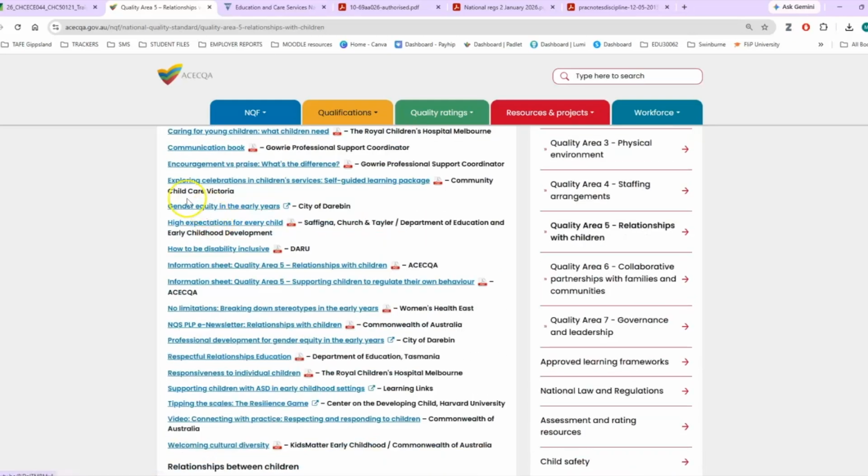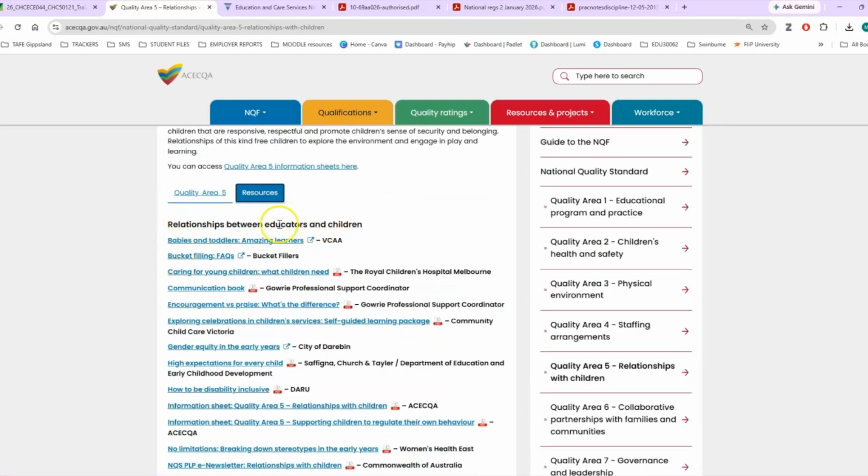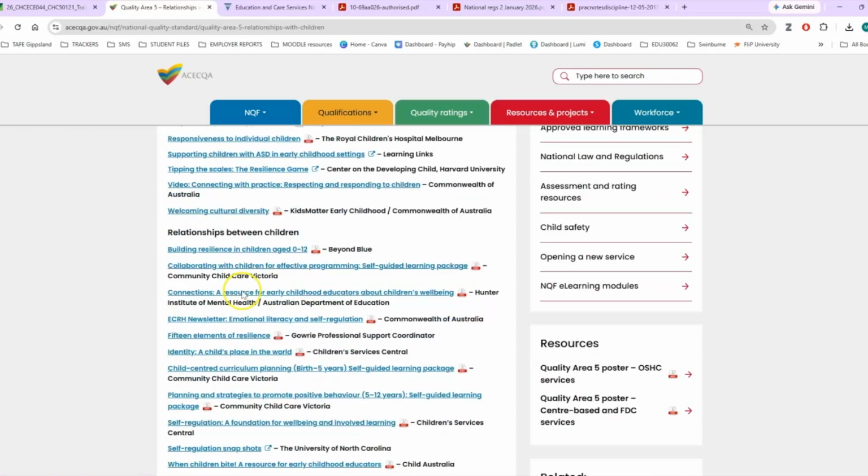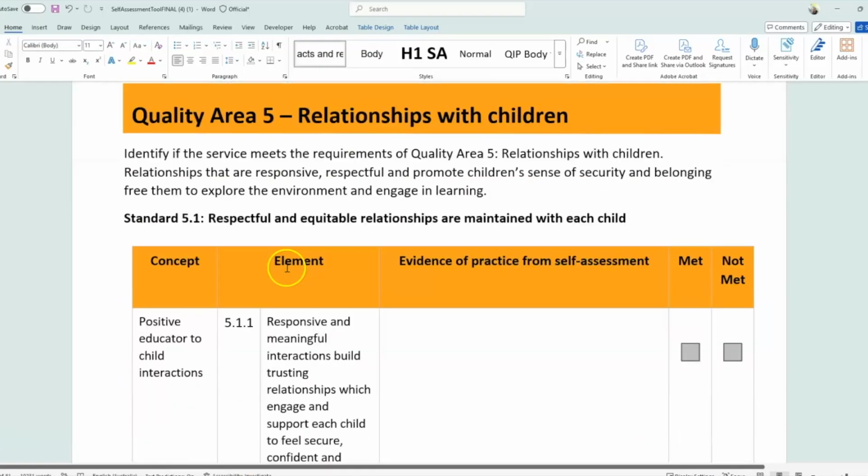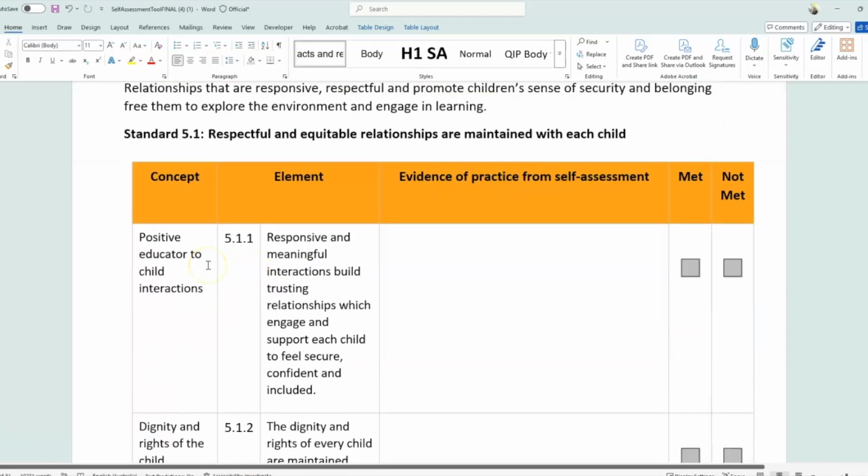So these are broken down into relationships between educators and children. Then you've got relationships between children and children. So then you come down here to Quality Area 5 and you do the same as you did to Quality Area 3. You're looking at each one. So responsive and meaningful interactions build trusting relationships which engage and support each child to feel secure. Is that met or not met? And if it's not met,